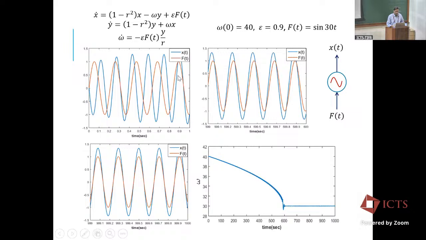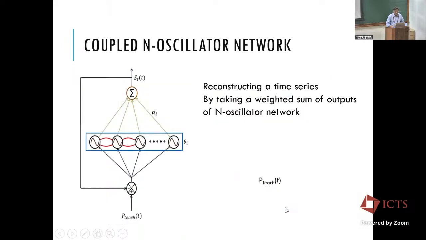If you apply that, you see that the original oscillator is at 40 radians per second initially, and the input signal is at 30. Keep on presenting that signal for some time and let the oscillator learn. The oscillator's frequency tracks the input signal frequency and then matches it. That's what you see here. One interesting thing is the way it learns. Normally in this kind of learning result, you find the learning parameter approaches the desired value asymptotically. But here it dips and then literally crashes into the final value. I don't know why this happens, but it's interesting.